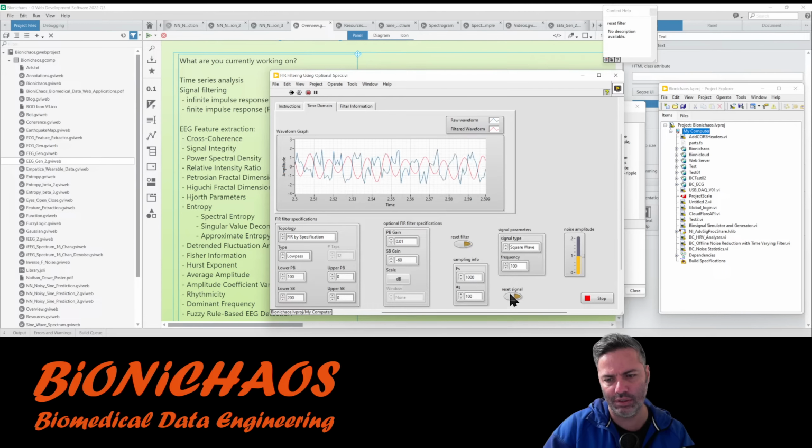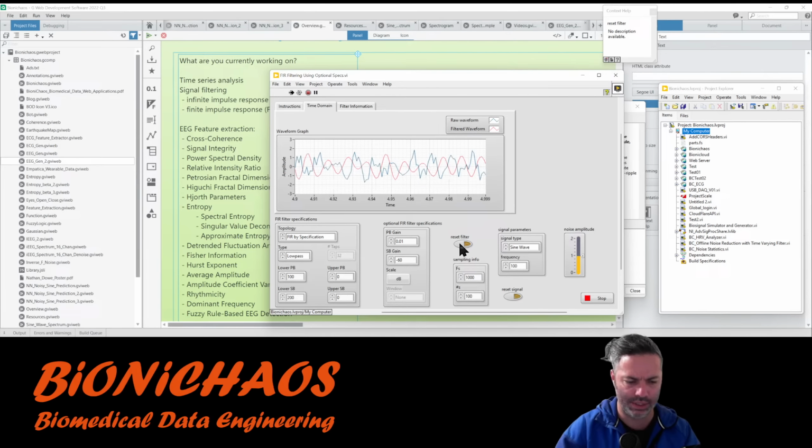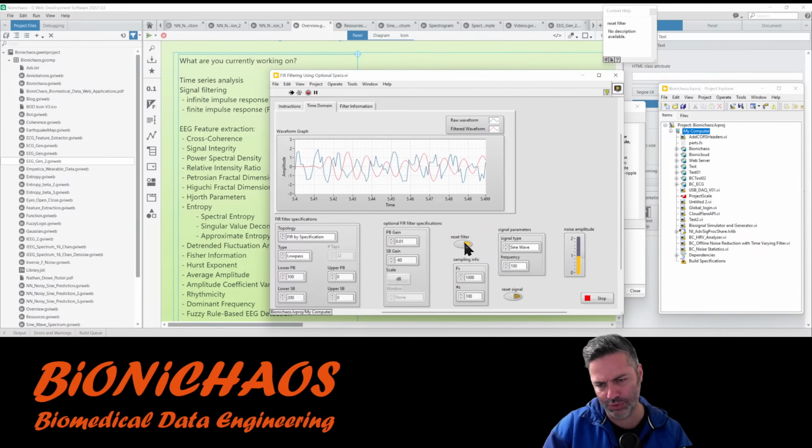I don't really understand how this user interface works with this two reset filter, reset signal. Doesn't seem to do anything useful.